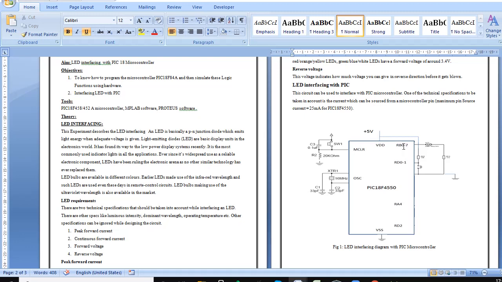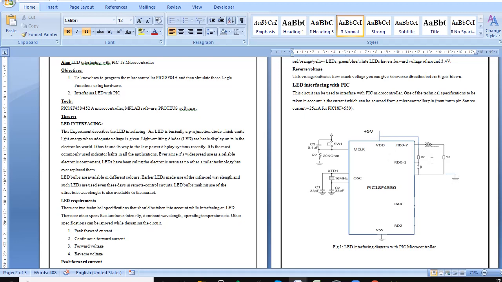Port B is used for the LED connection, and here the LED is connected to the RB0 port pin via a resistor, and the other end of the LED is connected to the ground. So this is an LED interfacing diagram.